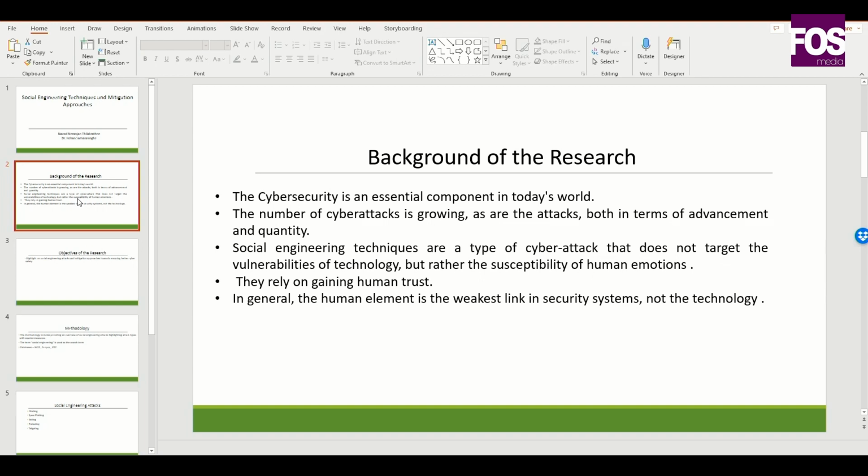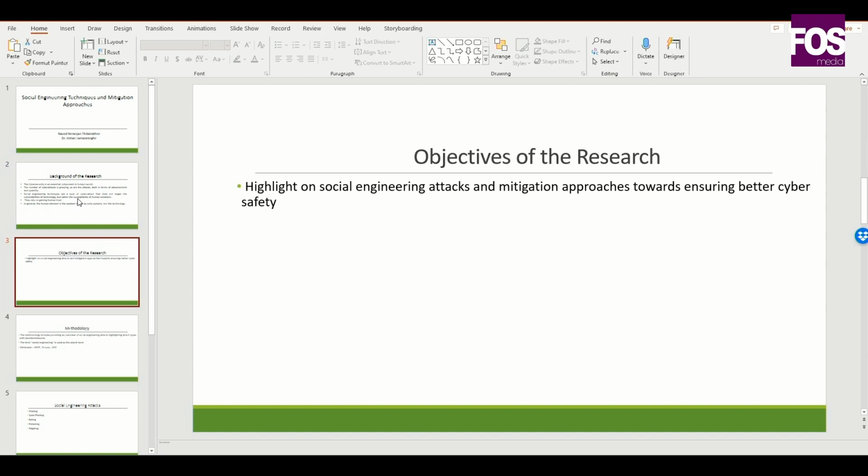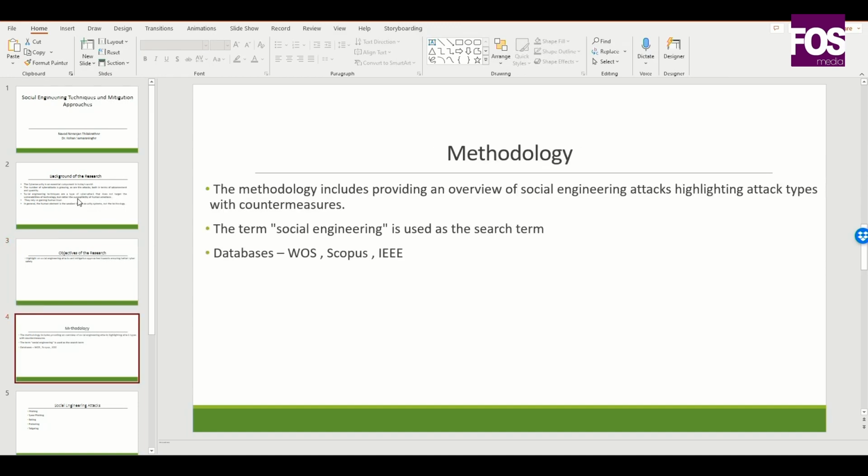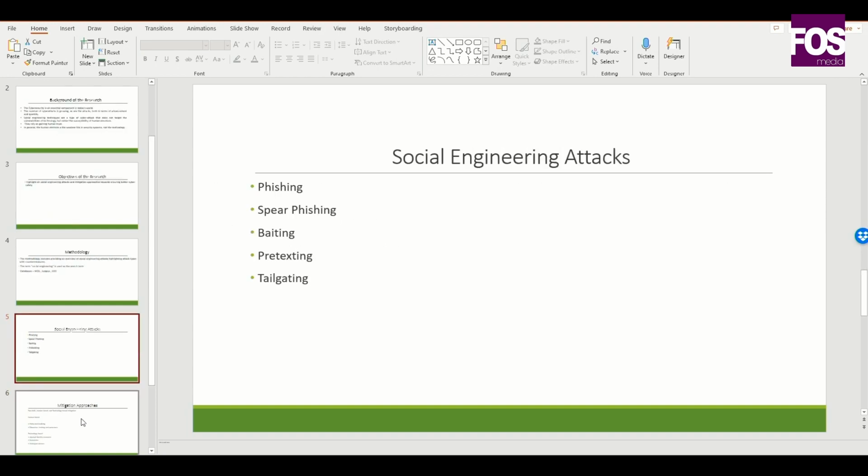The main objective of this research was highlighting social engineering attacks and mitigation approaches towards ensuring better cyber safety, because we have noted there is not much adaptive research done in this area. So we performed a simple review using keyword search. The information is highlighted already, and this includes providing an overview of social engineering attacks and highlighting attack types with countermeasures. Based on the available literature and internet sources, what we have found is that there are 5